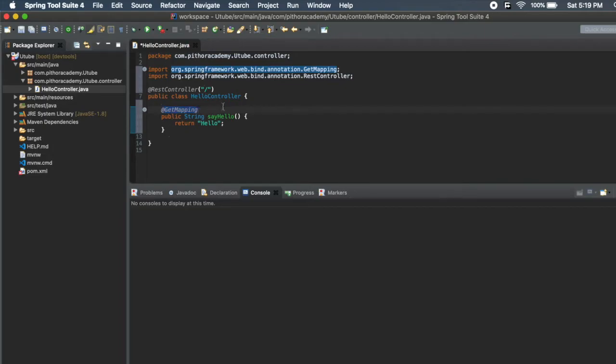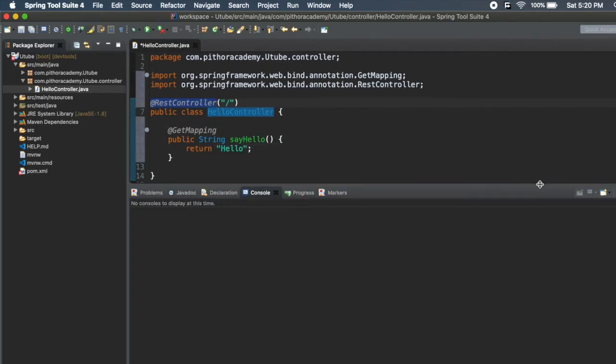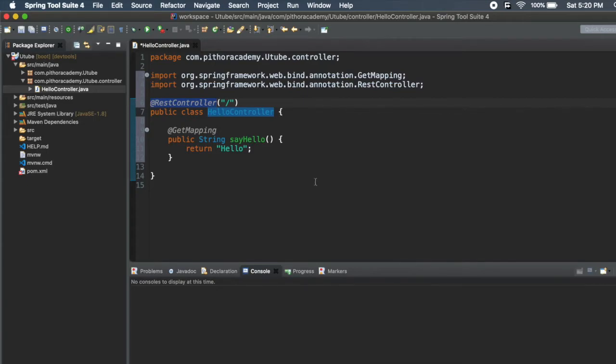So whenever a GET request is made to this URL, this method will be called. So now we have created one class, HomeController. We marked it with @RestController, and then we created one method, sayHello, and marked it with @GetMapping. Let's start the application and check if it is working or not.